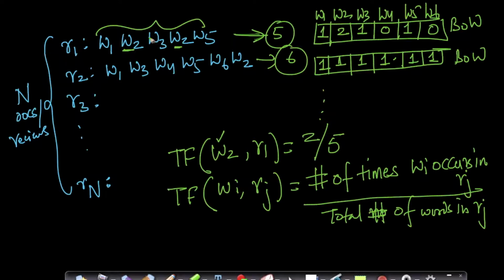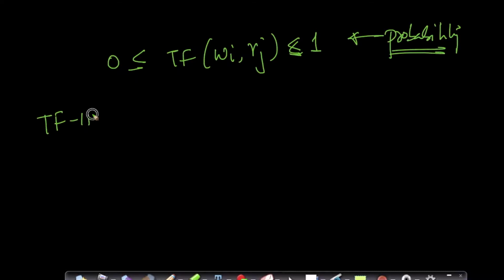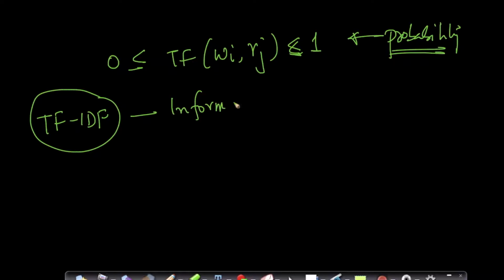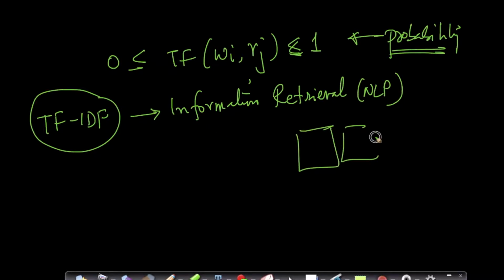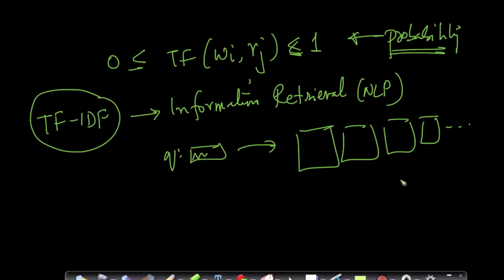If you think about it, of course, our reviews are short. Actually, these techniques of TF-IDF, even bag of words, were developed for information retrieval. Information retrieval is a sub-area of natural language processing, where the objective is, given a bunch of documents, which could be web pages, imagine I have billions of web pages and a query word, just like Google search, to find where this query word or query sequence of words occurs.